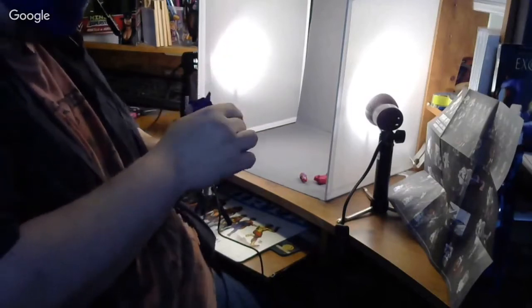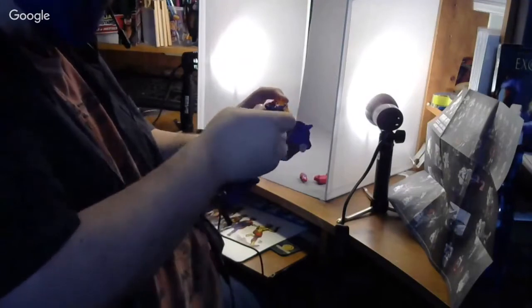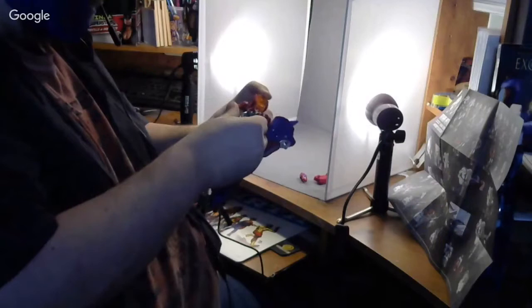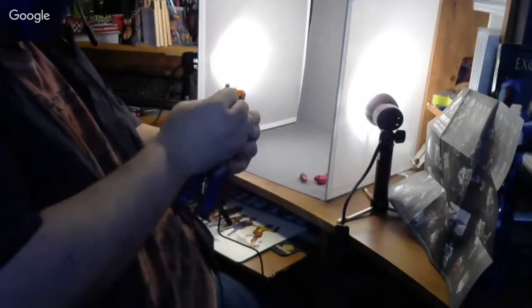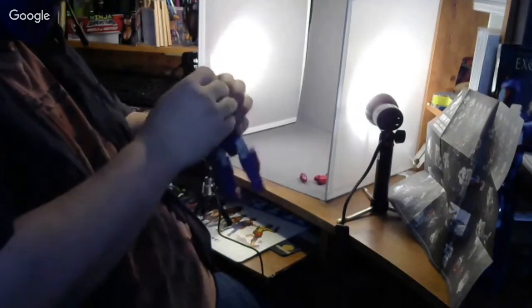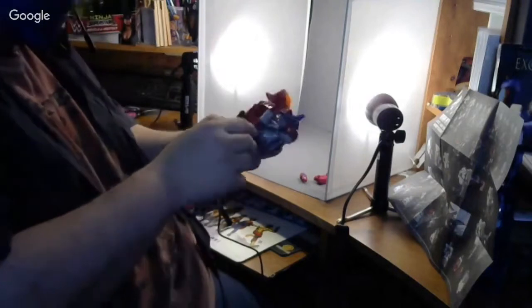All right, so transform this, flip the head around. And it looks like we're going to put the head together. So it's like a unicorn lion thing. It's a lion with a unicorn horn. I wonder if that's a thing. Like, is that a thing in Japan? Is a unilion? Like, is that a big...